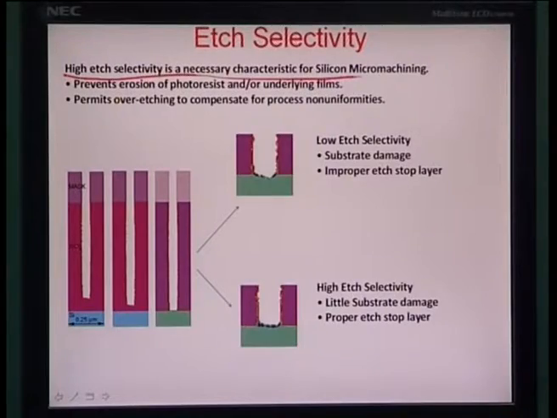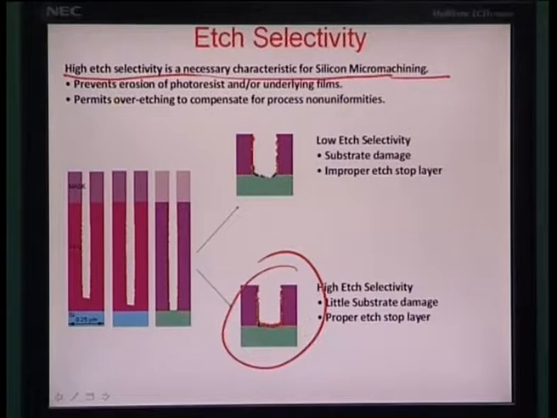Well, these are some of the wet subtractive etching techniques, and this slide has been illustrated before. I would just like to put it back again, that high etch selectivity is the necessary characteristic for silicon micromachining. This shows high etch selectivity where there is very low amount of substrate damage as the etch approaches an etch stop layer. So, really it is a very proper, highly